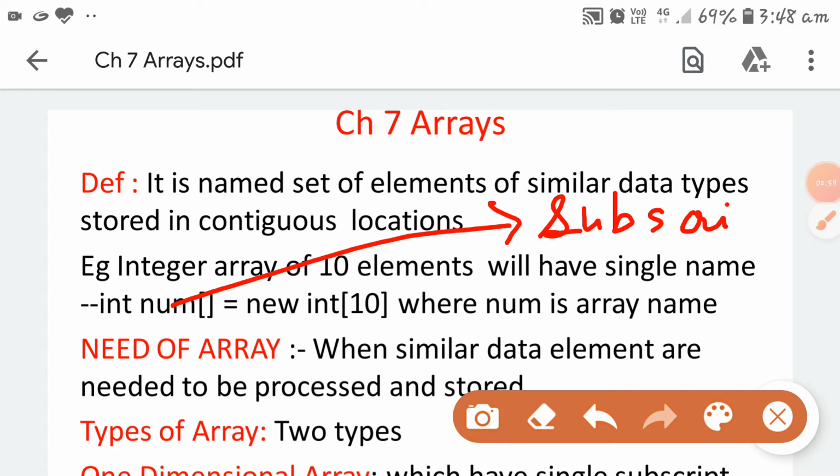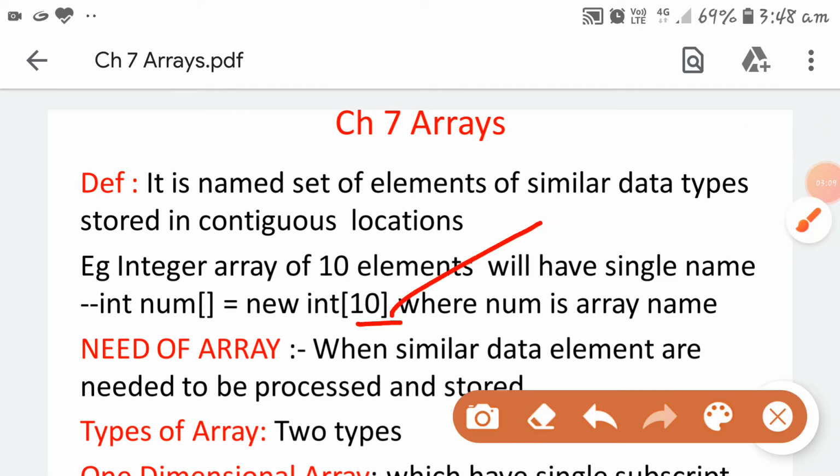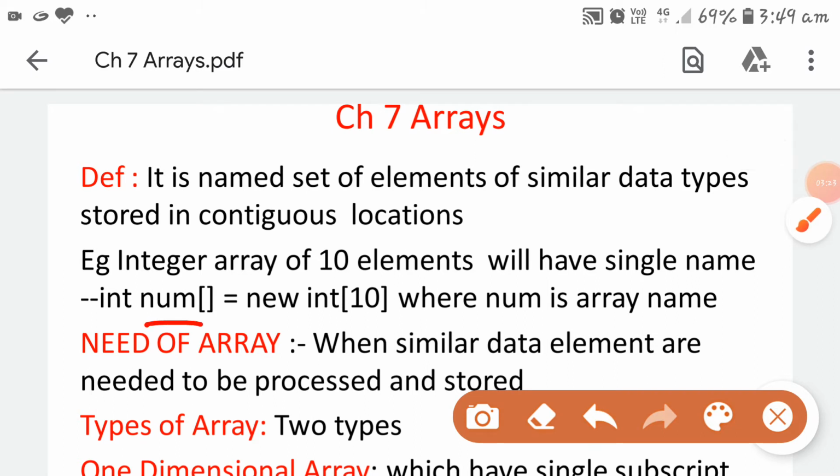And this 10 is called the subscript. So it is a subscripted variable and it has a subscript.